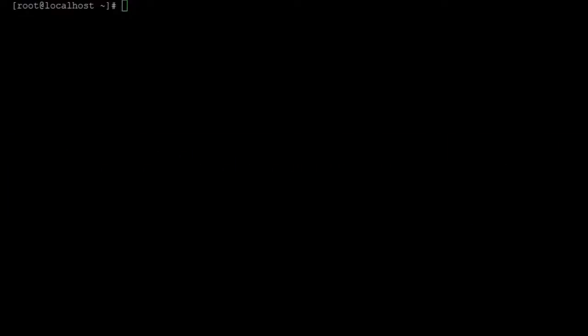Okay, welcome back. After installing the minimal CentOS 7, these are the following steps that we're going to do. We're going to do a yum update to update the kernel. We're going to disable the firewalls. We're going to disable SELinux, and then we will install the Apache web server, MariaDB, basically a replacement for MySQL, 100% compatible